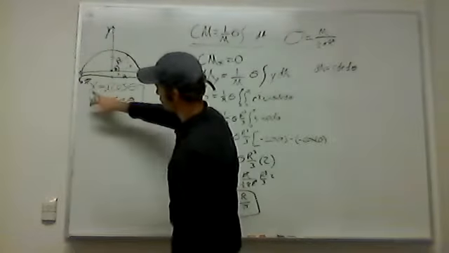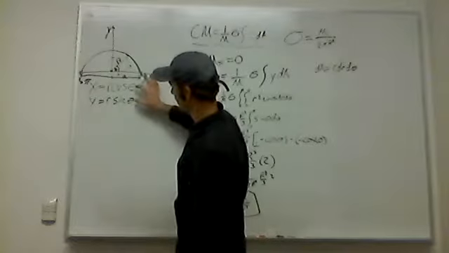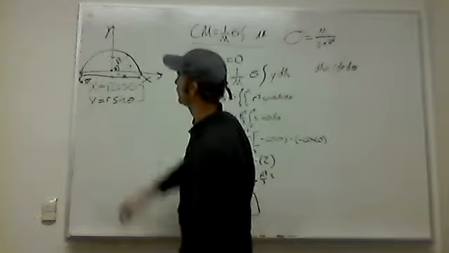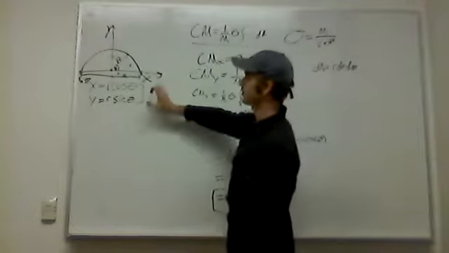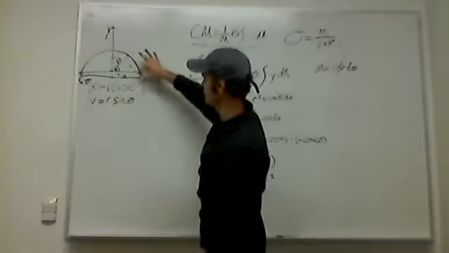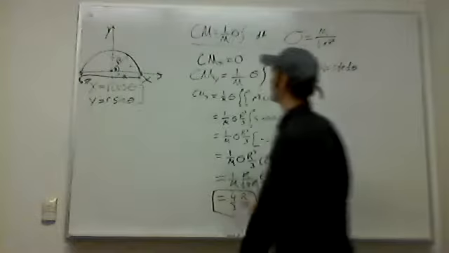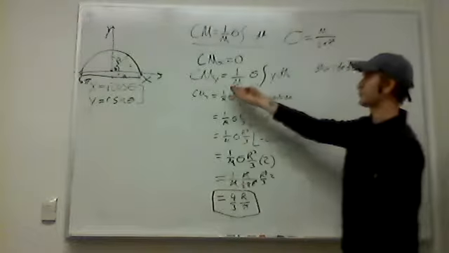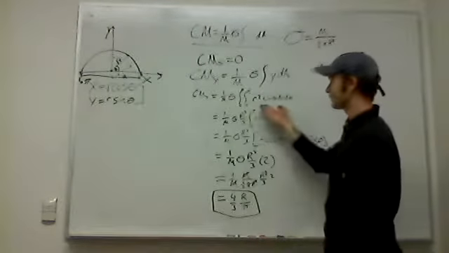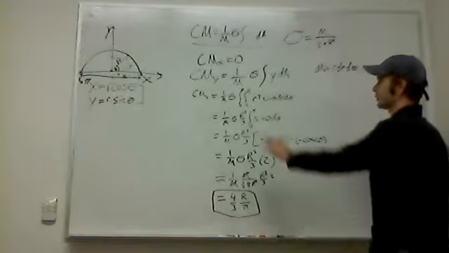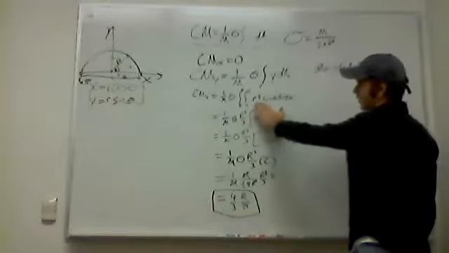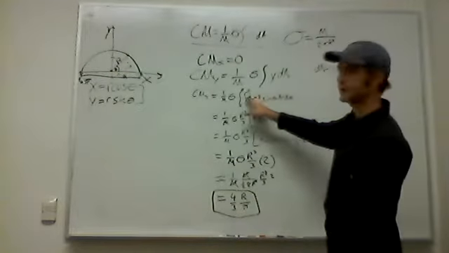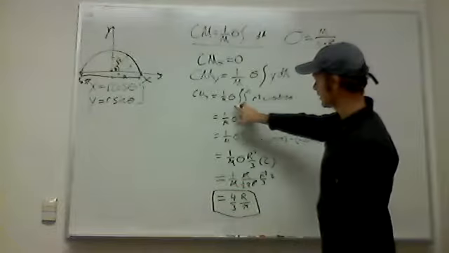And over here, I've shown how x and y can be changed from their Cartesian x's and y's into things in terms of radius and theta, which we will use for polar coordinates. So first, we set our equation up and get everything into its proper polar terms, where we have r squared sine theta dr d theta. And I want to look at our integrand here for a moment because we have to